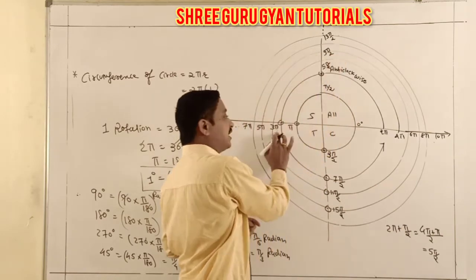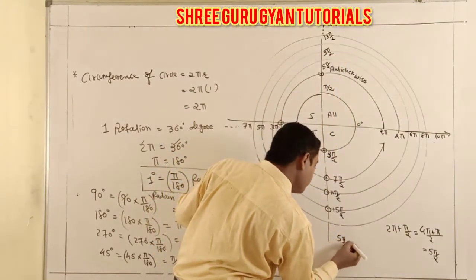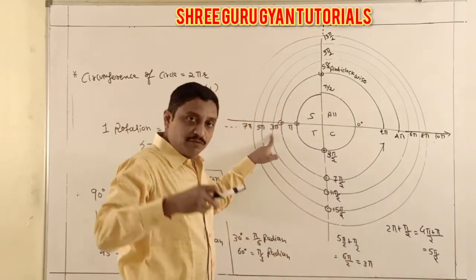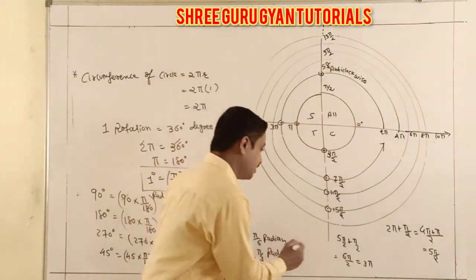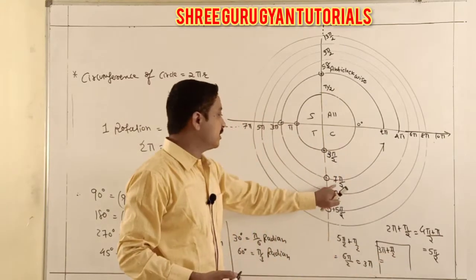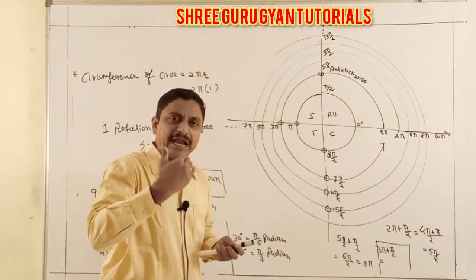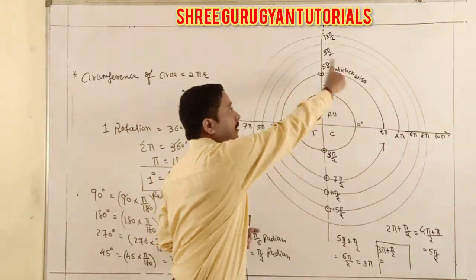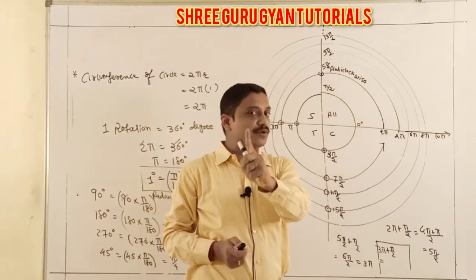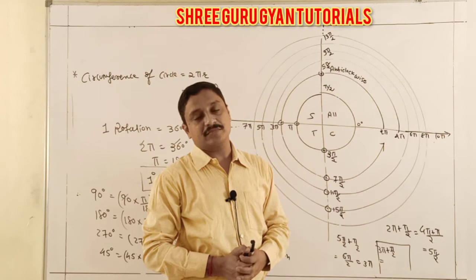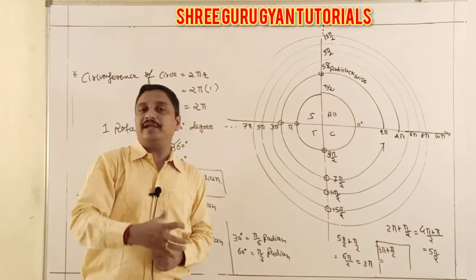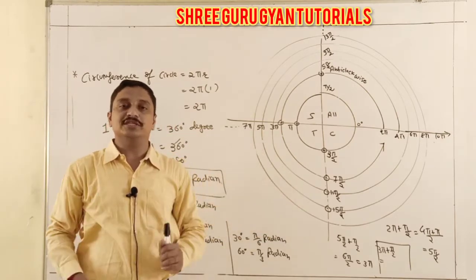If you add 90 to 5 pi by 2, then how much? Yes, it is 3 pi. If you add 3 pi plus again 90, check. 6 plus 1, it is 7 pi by 2. So it is 90, 90 adding. These are all our anti-clockwise rotations. And in these values, the first value is cos theta, the second value is sin theta, according to the point. Now students, I have explained this full drawing for anti-clockwise rotation, and the clockwise rotation I will show in our next figure.